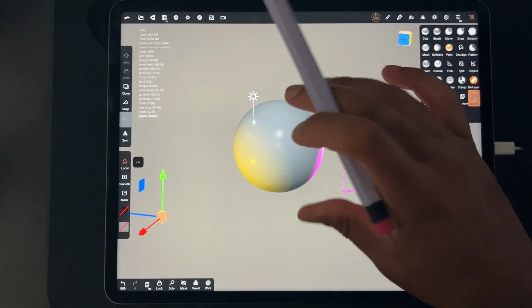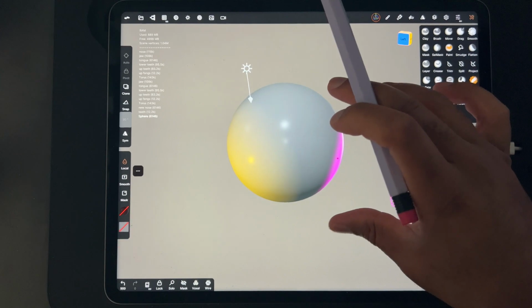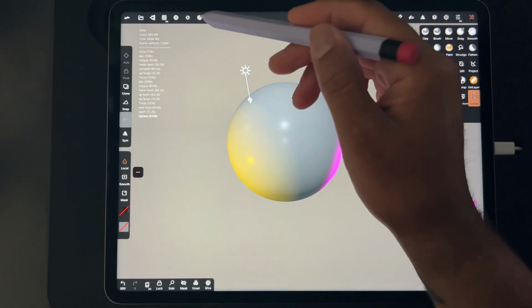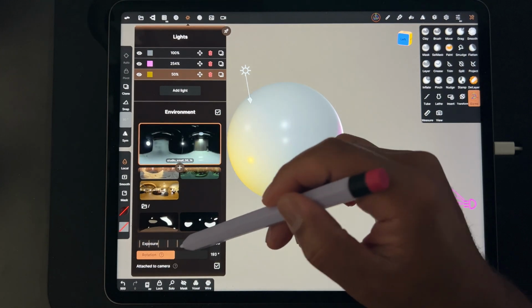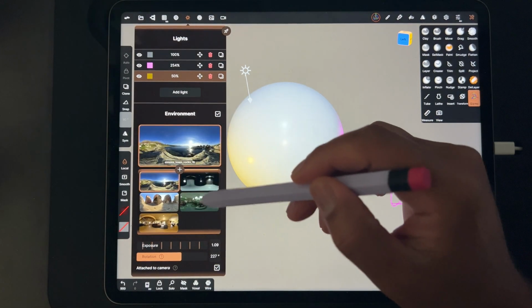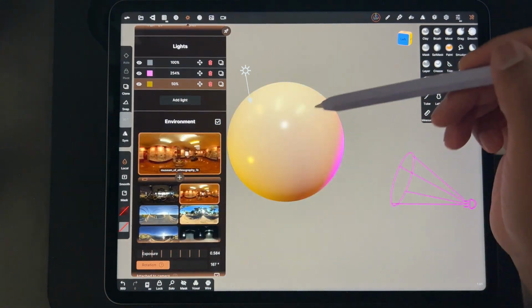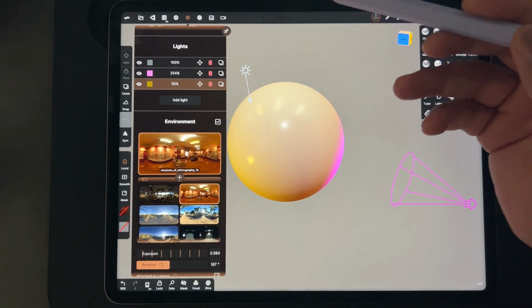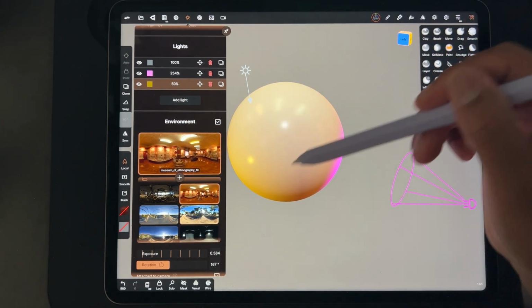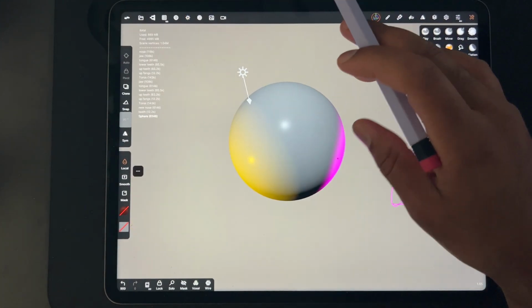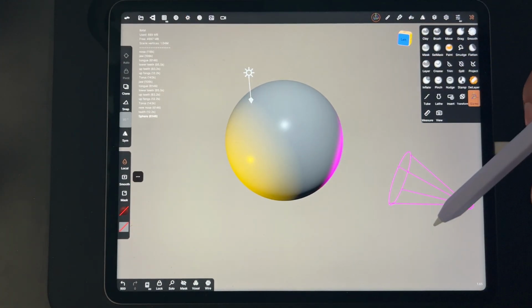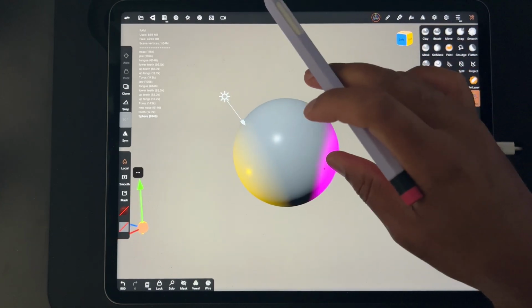I think that's the most important, and that can make your sculpts more dynamic. If you have a default setting like this, or if you just choose one of these, it's going to look a certain way, but you'll have less control with your lights. So what I like to do is turn them all off, light it how you want it, and then slowly come back with the environment. That way you have a much better